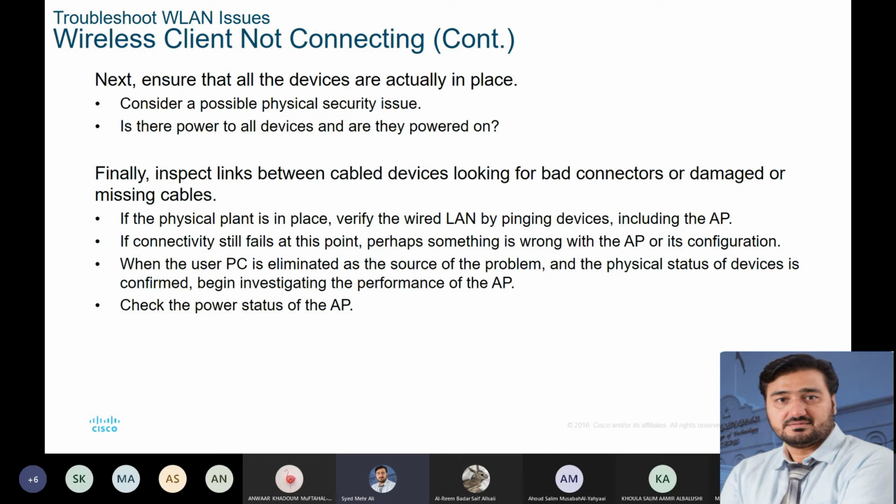So this can also be a cause of poor network issues,